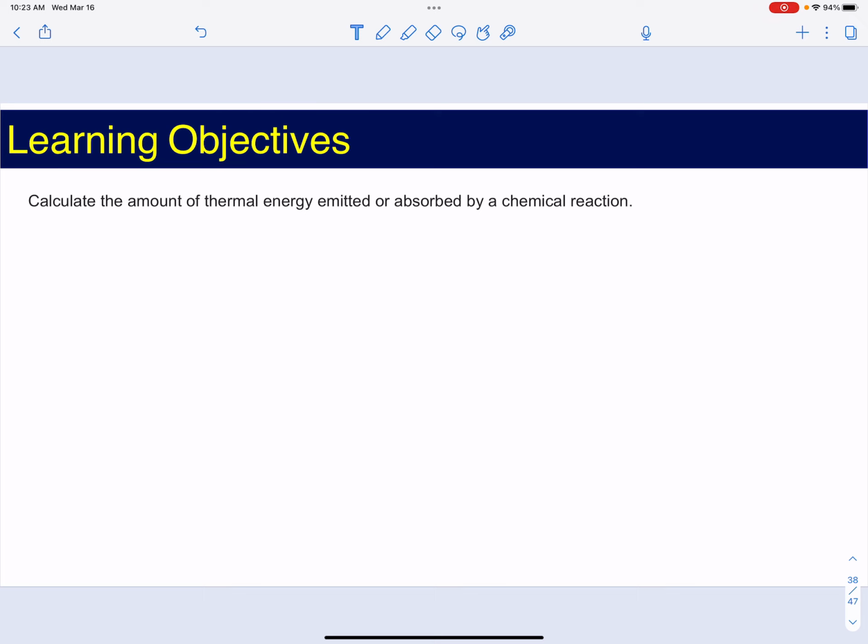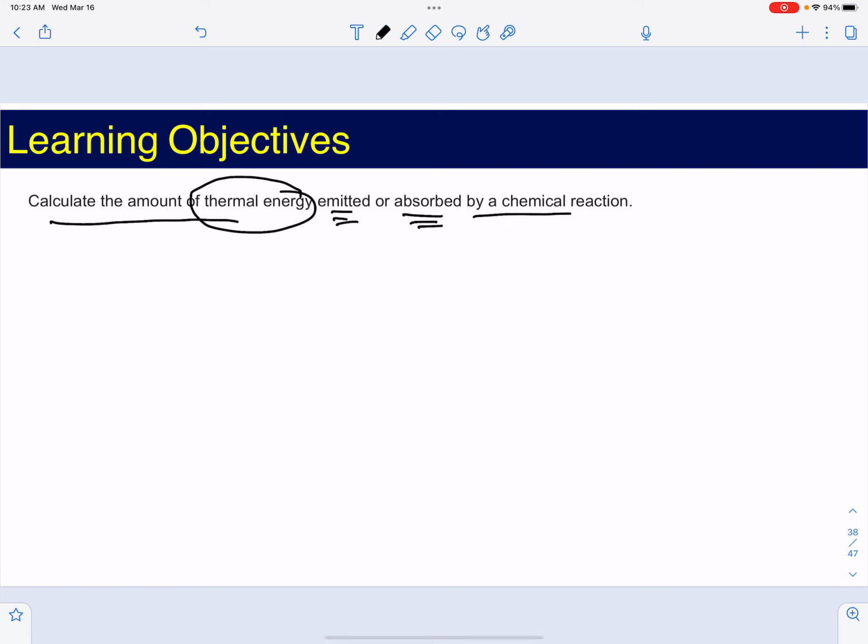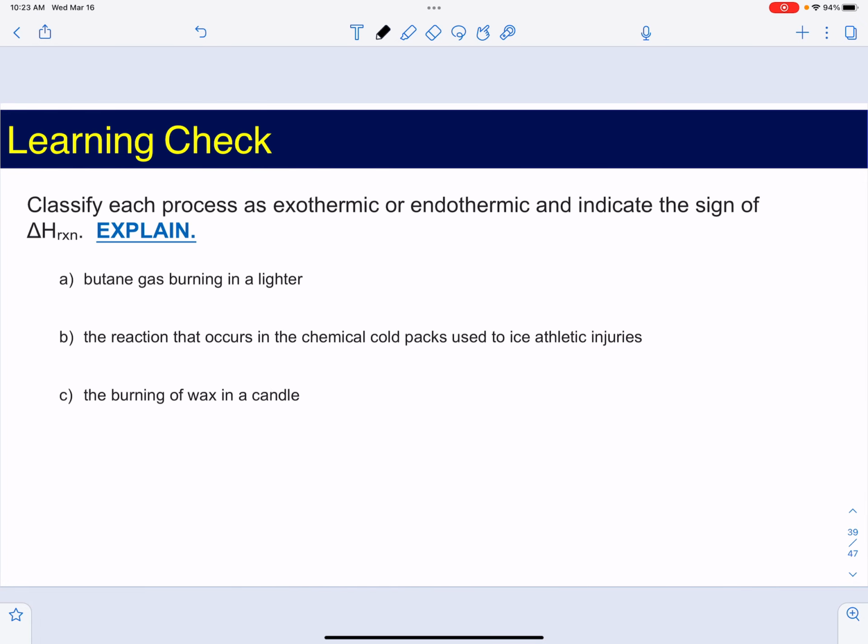So that's what we're doing here. We're going to calculate the amount of thermal energy, which is going to be reflected by an increase or decrease in temperature, which is either absorbed or produced or emitted by a chemical reaction. This is what we call thermochemical equations. But before we do that, let's understand